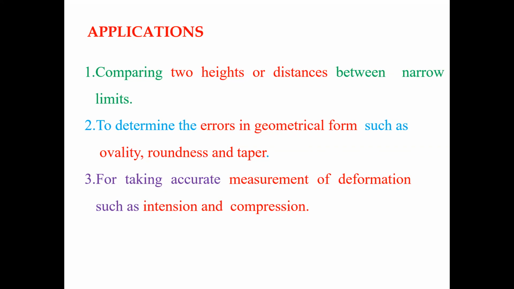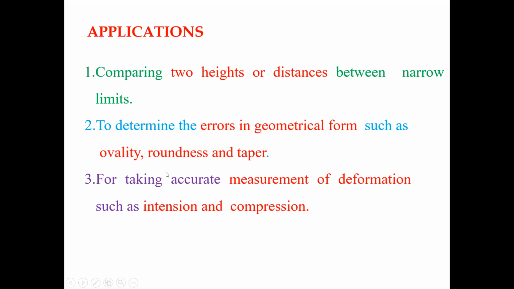Determine the errors in geometrical form, such as flatness, roundness, and taper. Roundness can also be checked with the dial indicator. Suppose you place the tip of the plunger on a cylindrical work part and rotate it. The complete tip comes in contact with the entire circumference of the work part, and when it is touching the entire circumference, it shows the variation on the surface. Likewise, it is used for checking roundness.